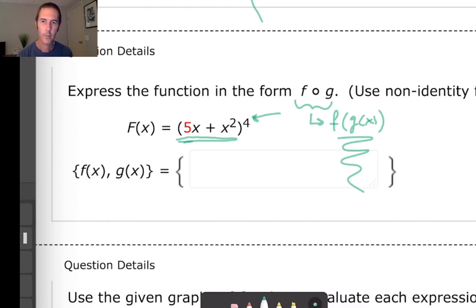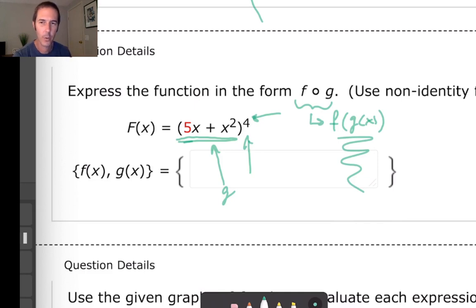So what do you think? You're looking at it. F of g of x, which one's the inner, f or g? I'm going with g as the inner function. And since this expression is inside the parentheses, I'm going to call that my g function. So g of x will equal 5x plus x squared. And this one,